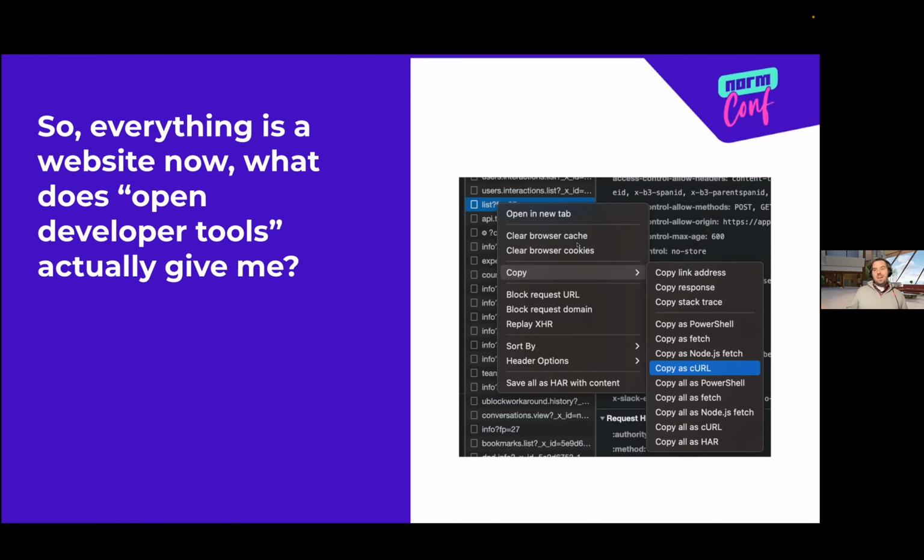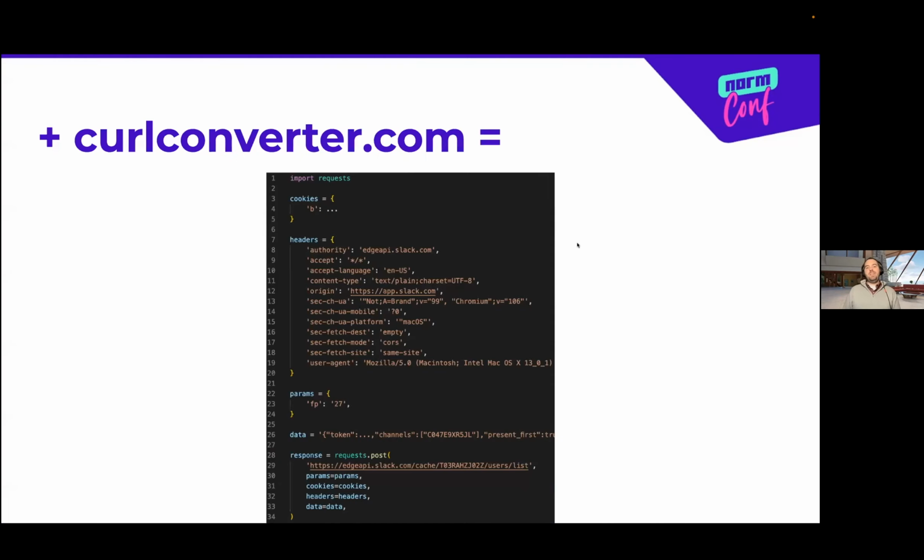Maybe you love Unix tools like curl. I personally love that they work and they're simple, but I often prefer to bring them into something I'm a little more familiar with. So there's probably several tools like this, but one that I like is curl converter, which allows you to take a curl command and convert it into the language of your choice. So here's that specific request turned into Python with a little bit of details stripped out.